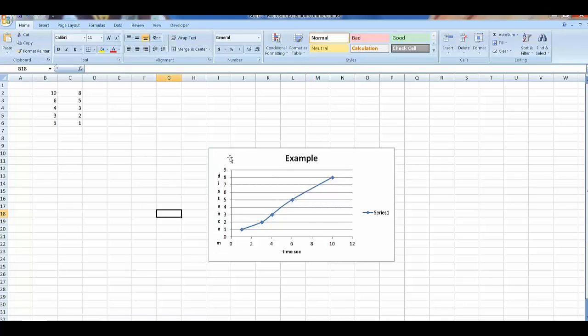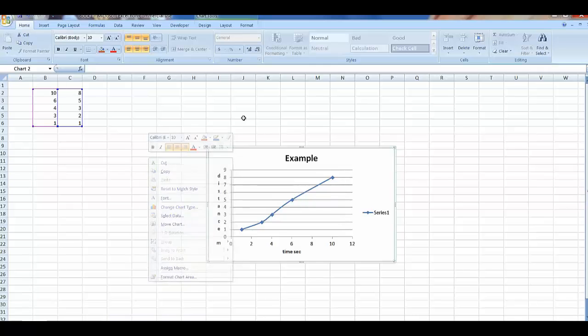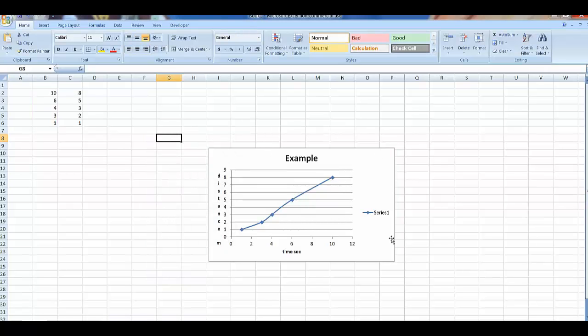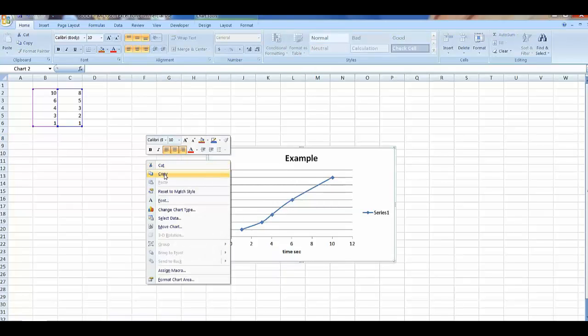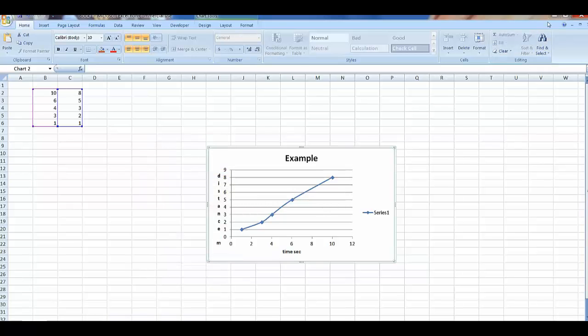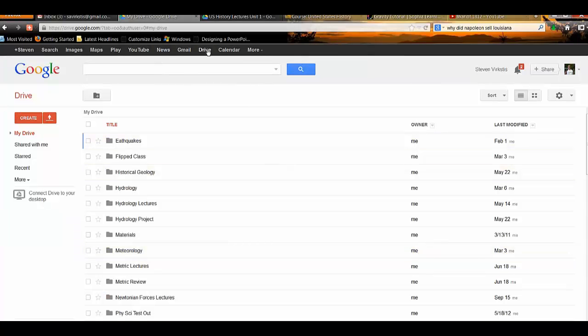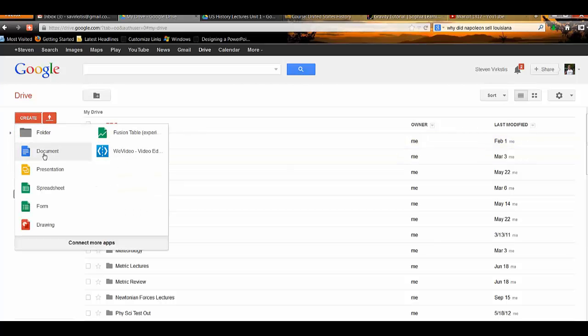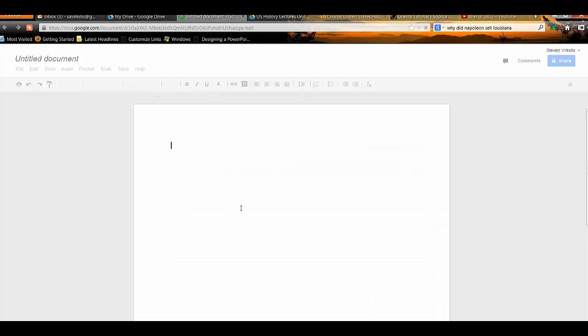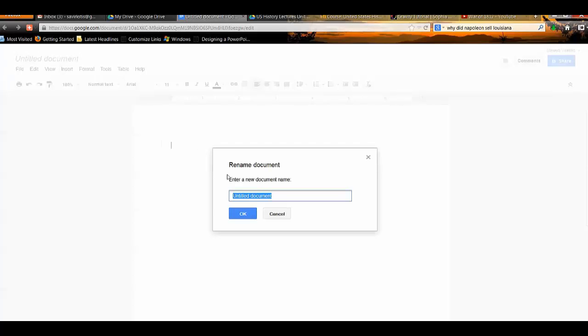Well, what we want to do with this graph, we want to import it or put it into a Google Doc. So once you kind of click out of it, and you see you got a nice little box here and very nice little graph. If you click on the inside somewhere, we can go to copy. From here we can go into our Google Drive, and here's my drive here, and let's go to create. Now I'm just going to embed this into a document. Click on document, and remember we always title our document, so we're going to use this example graph,